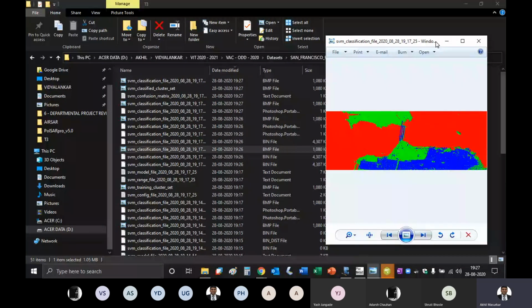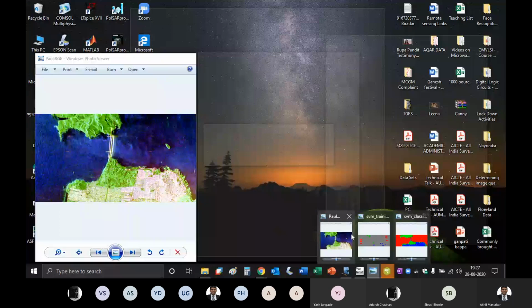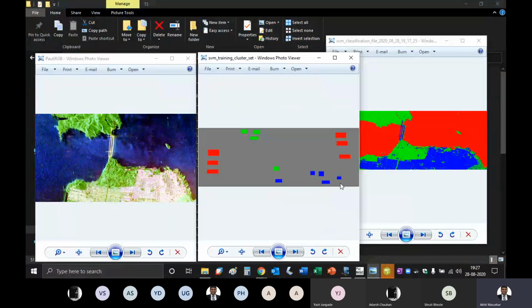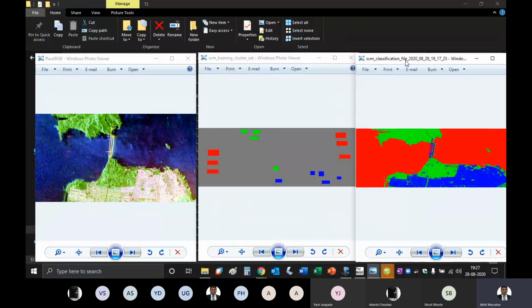So this is what I have got, and I'll just bring those images back. What you should observe here is that in my case, the bridge is highlighted in blue. Can you see that?